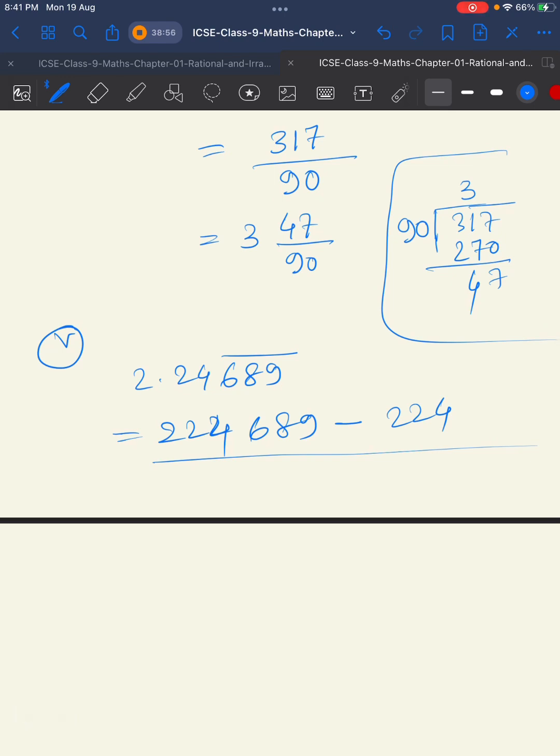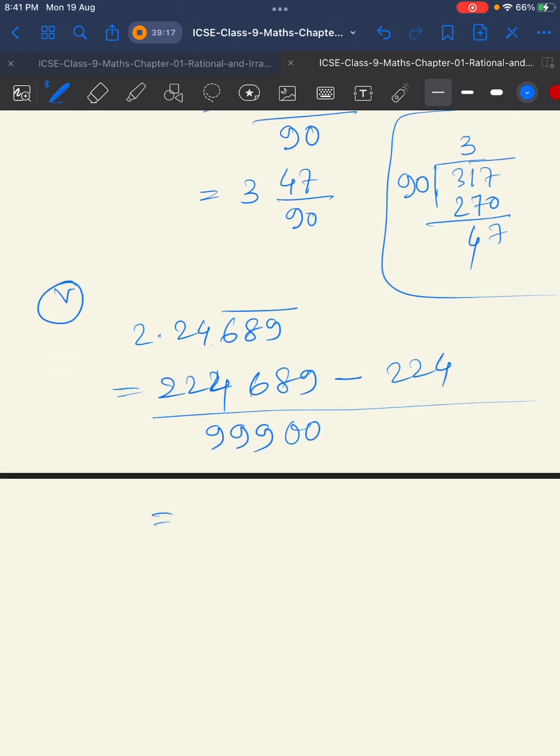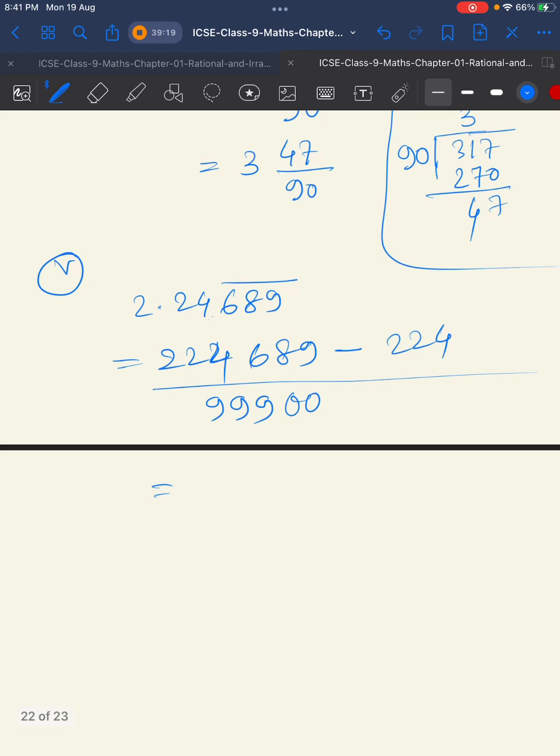Now in the denominator, for the digits which have bar we write 999, and after the decimal there are two digits, 2 and 4, which have no bar, so for these two digits we write 0 and 0. Now we subtract here, so we will get